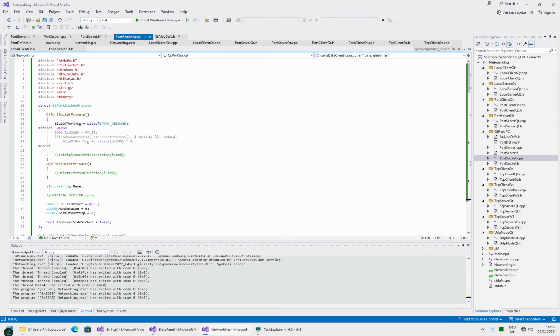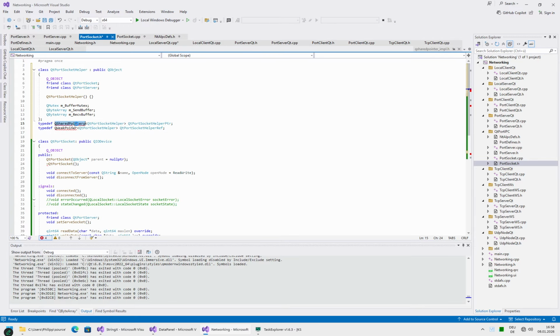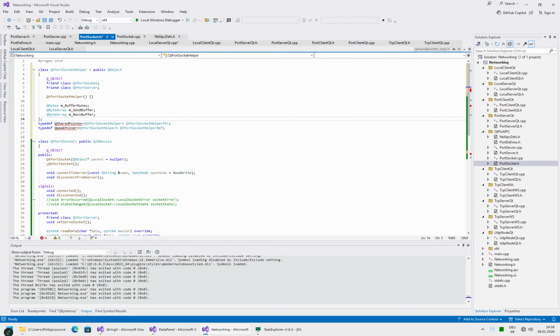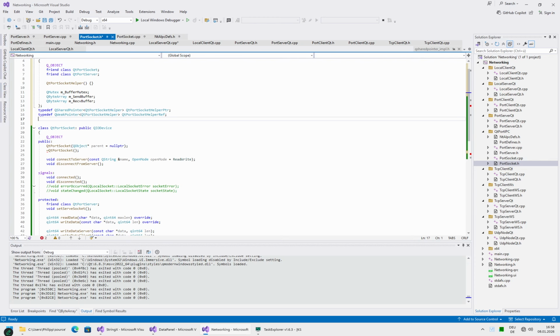Port socket, but this should. Wait, the Y shouldn't be there. Right, and weak. That's also. There is a typo on the pointer as well. Yeah. That was painful enough. Right, so